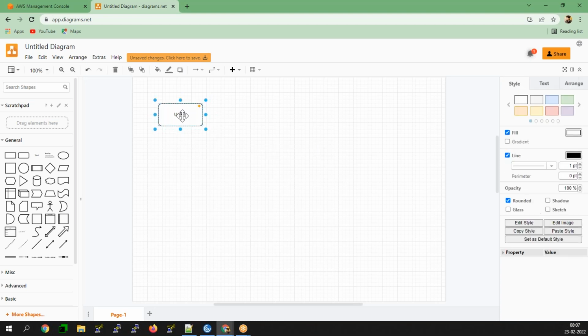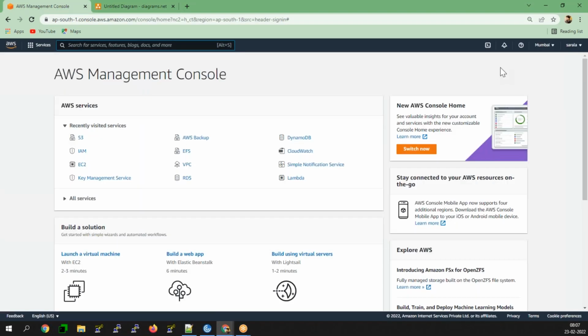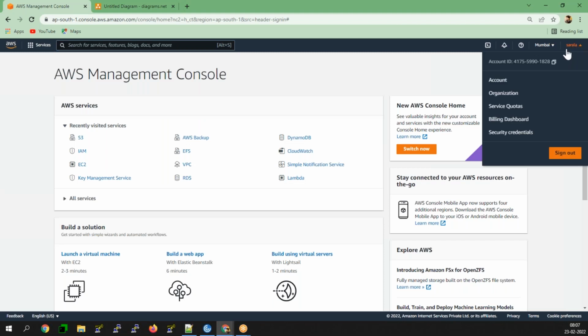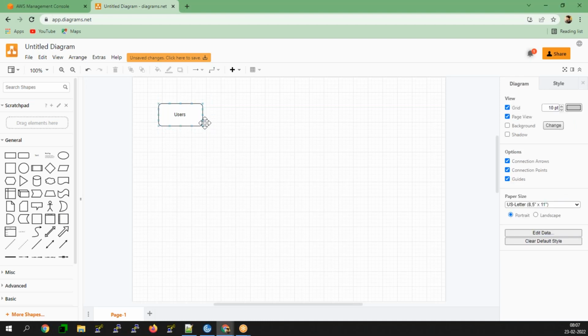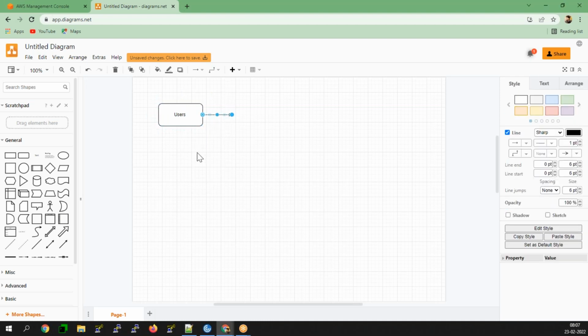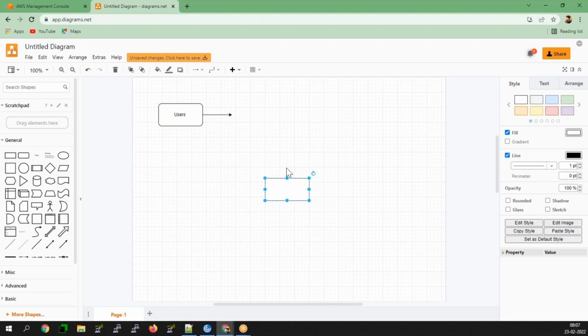The user is the one you are using at this moment. You are logged in with the root account. That means you are providing the root email address, your Gmail, along with the password.